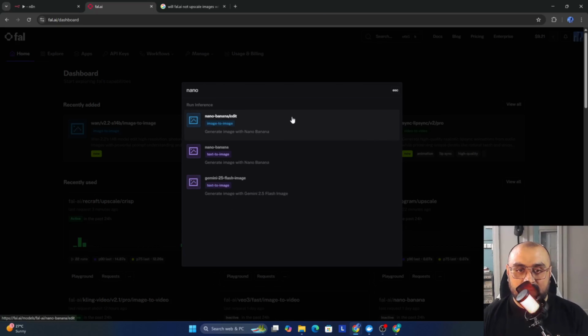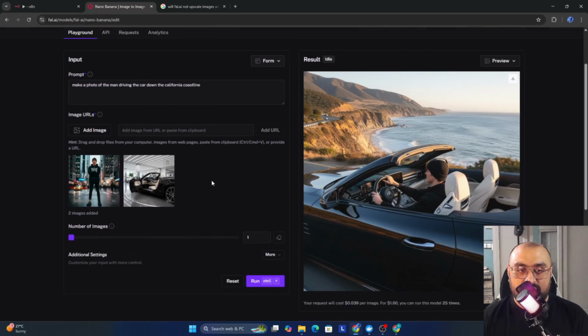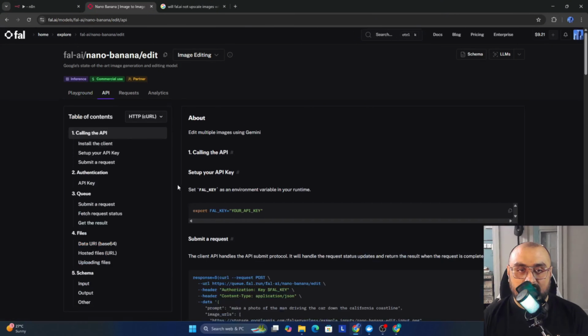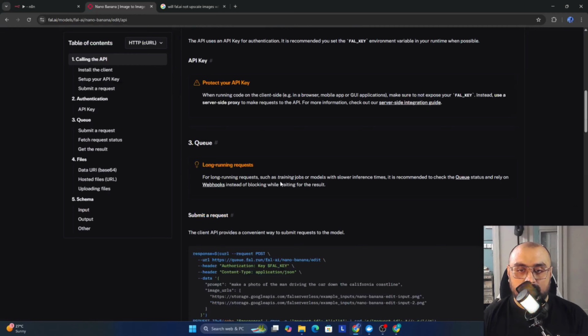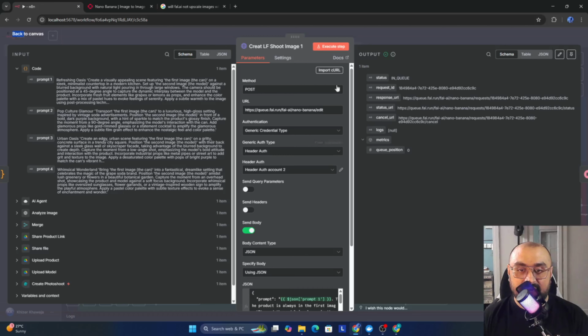So in the NanoBanana image models that come up, you want to select the NanoBanana edit option. And it gives you something like this. Over here, what we want to do is go to the API section. And these are the API docs that we can follow to create this